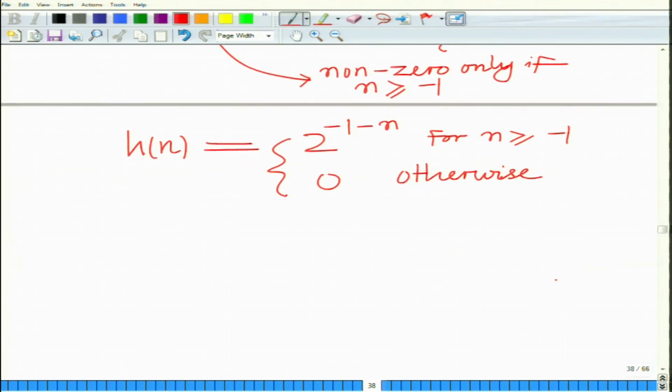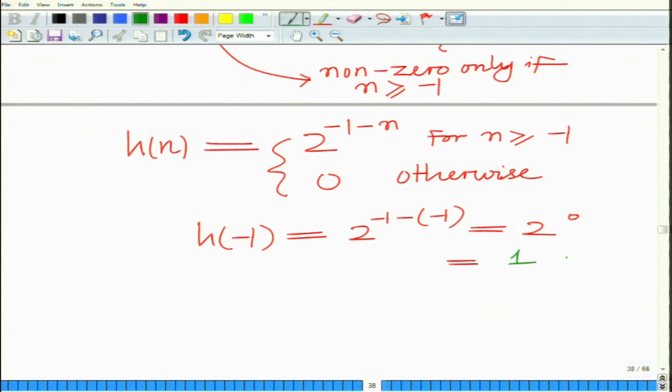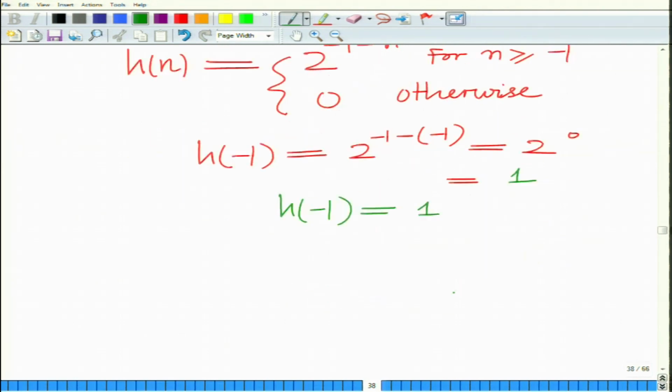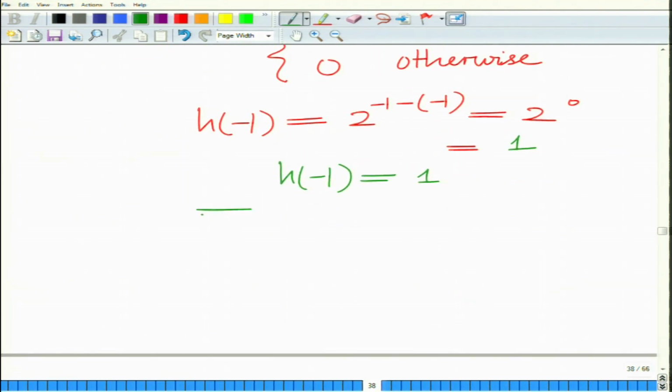Now, if you look at h[minus 1], h[minus 1] equals 2 raised to minus 1 minus minus 1, equals 2 raised to 0, which is equal to 1. So h[minus 1] is equal to 1, which means h[n] is not 0